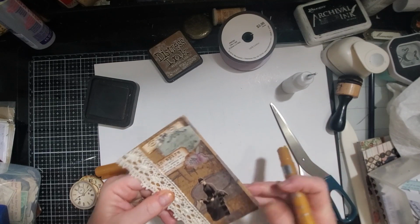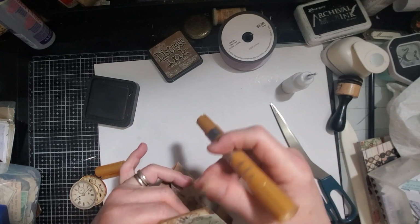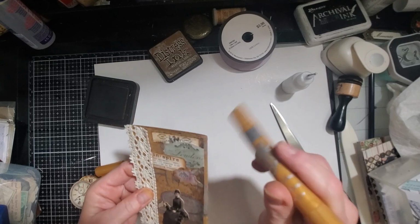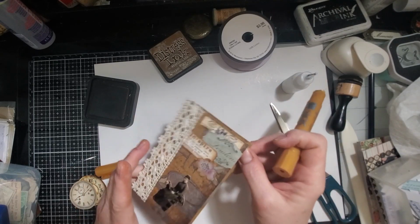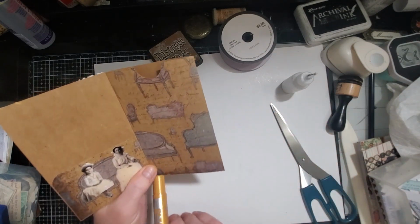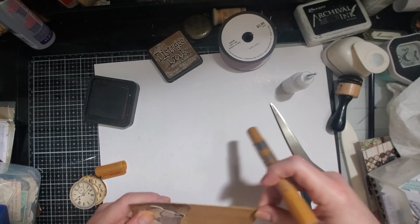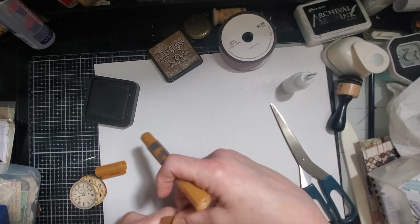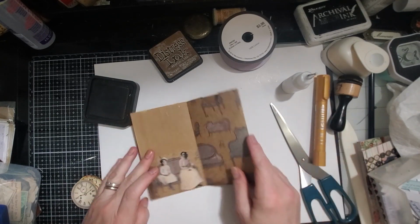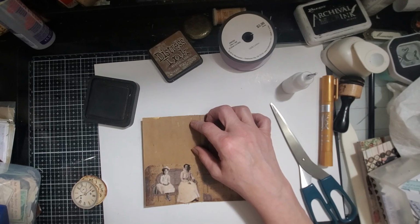I'm not going to do the inside right now because I don't really have time. Otherwise, I probably will. I mean, I'll probably finish it, of course, and do something with it. But for right now, I'm just going to do this outside. Get a little gold in there. I'll definitely be putting a little journal card on the inside here. And I'll probably stick something right here. Actually, I'm thinking